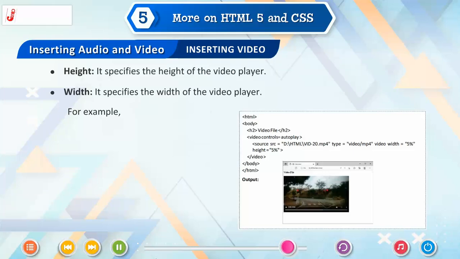Open source tag, src is equal to d:/html/video-20.mp4 in double quotes, type is equal to video/mp4 in double quotes, video width is equal to 5% in double quotes, height is equal to 5% in double quotes. Close video tag, close body tag, close HTML tag. Output.